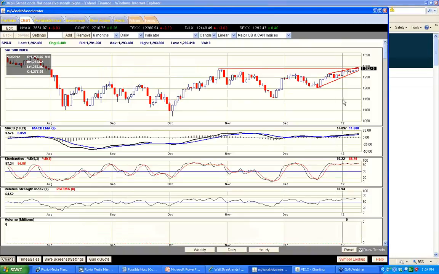And now that we've had a little bit more of a run here, we can start to be a little bit more comfortable with this most recent line that I've drawn, this rising line here. And what I've done is I've essentially engulfed the trading range that it's in right now. And what this does is it doesn't necessarily say that it's up against resistance and that the S&P 500 is going to stop. It just means that